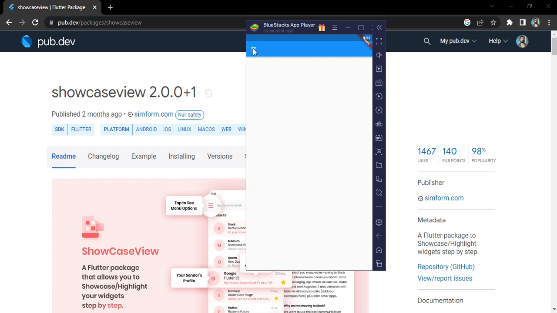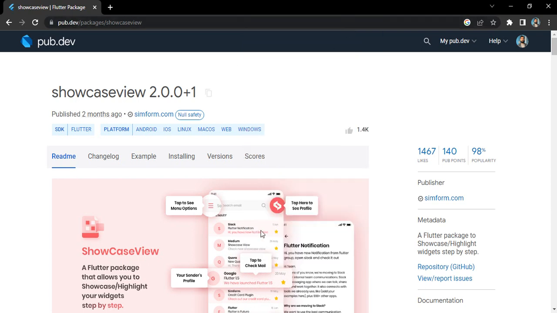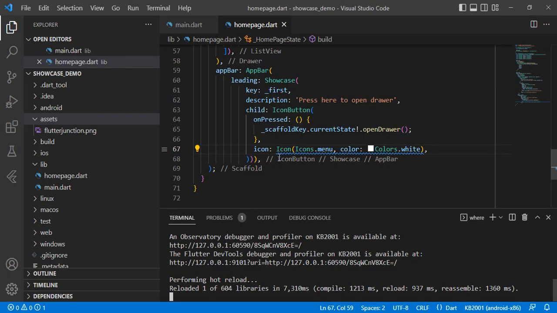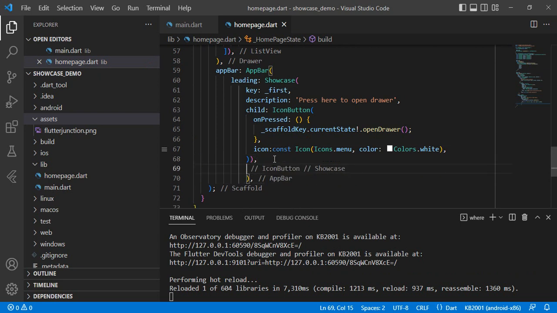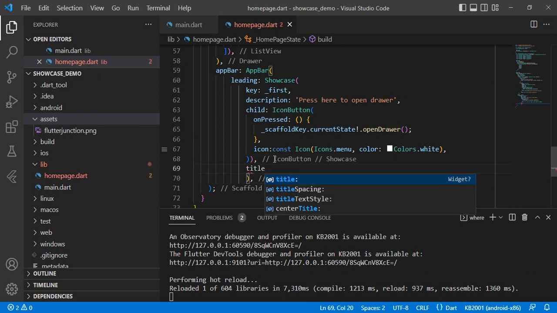And we can see here our menu icon showing. Right, now let's similarly add our other showcase widgets, and the first is the leading, our menu icon, and the other is the title. And then on title of the app bar, we are going to wrap this also with the showcase,